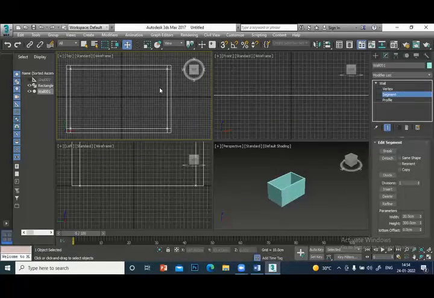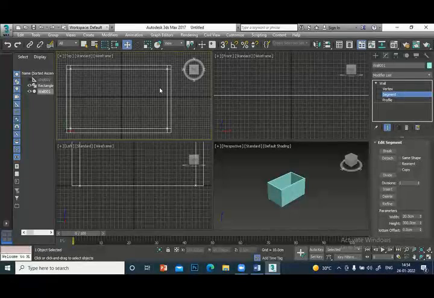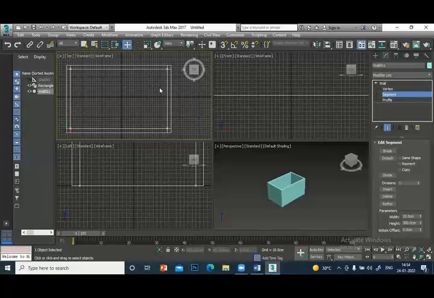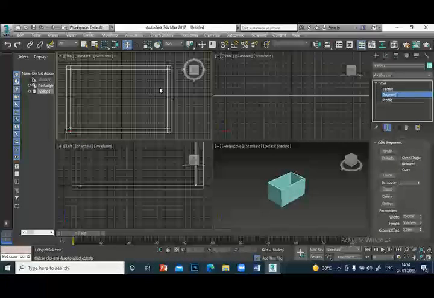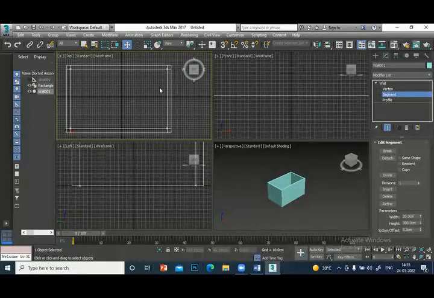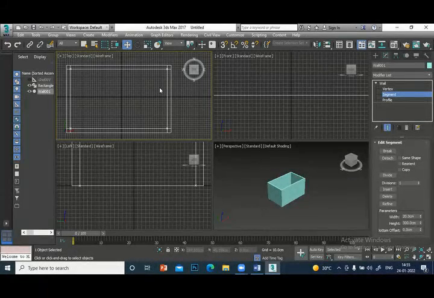So what you did now is convert a rectangle into a wall. First you draw the rectangle, whatever measurement you want. If you want to draw a room, use the line command and draw it, or bring a single line sketch from AutoCAD here. Then use the wall command, give the width, give the height, and select the spline. Click, and you get the room with all the room measurements. I hope you got some idea. That's how you do the walls.